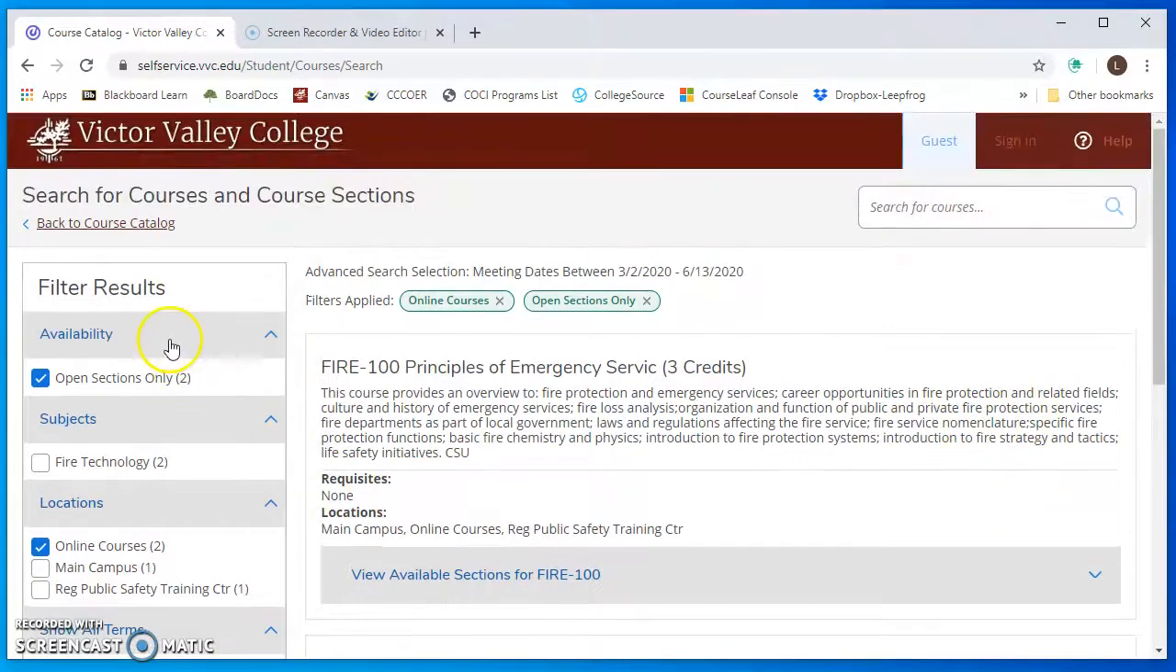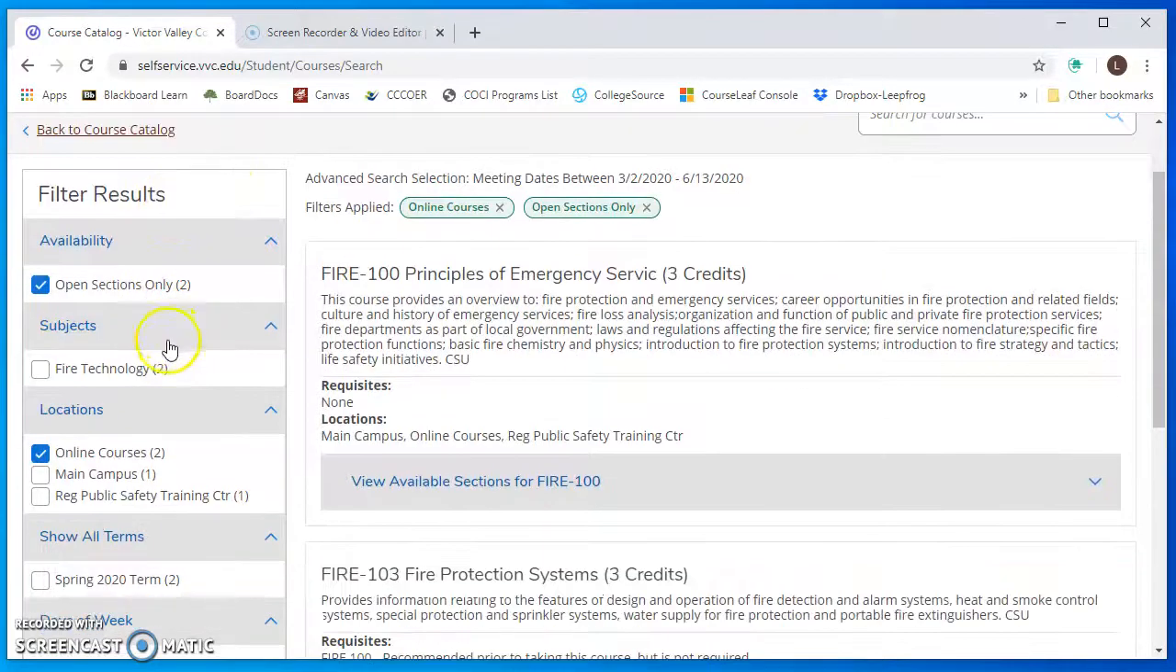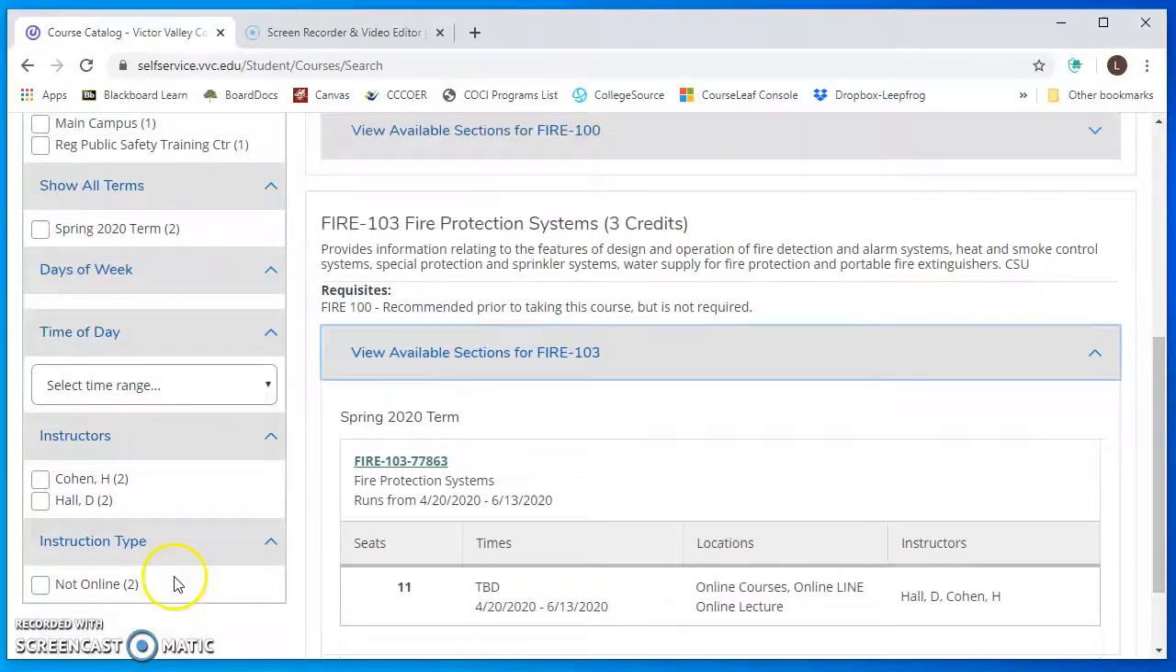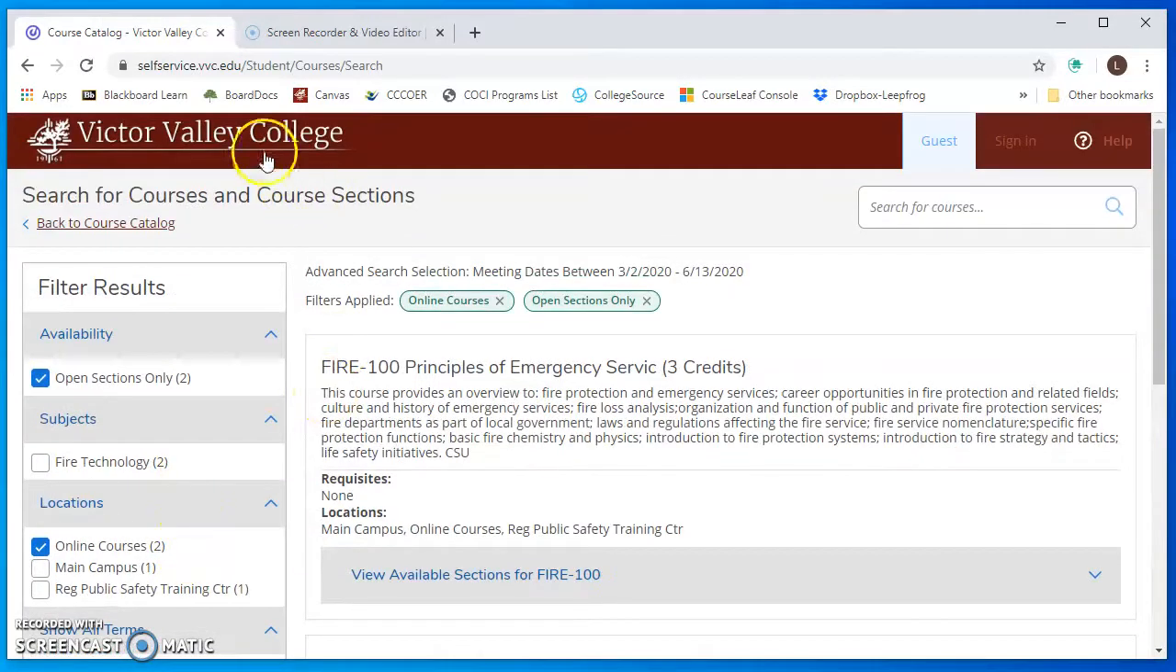So please use the advanced search when searching for classes, and use these filters to kind of change it up and see what's available. Okay, I hope this has helped you,